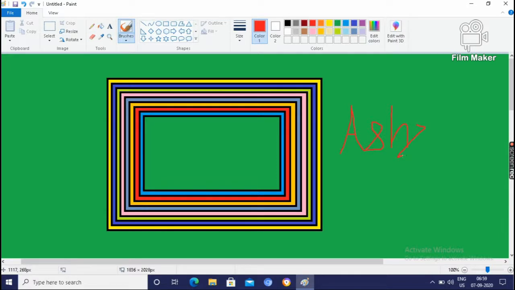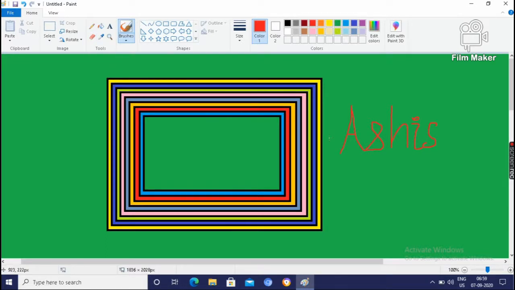Sorry, Control Z. If it is wrong, Control Z. And you can remove it by the eraser tool.